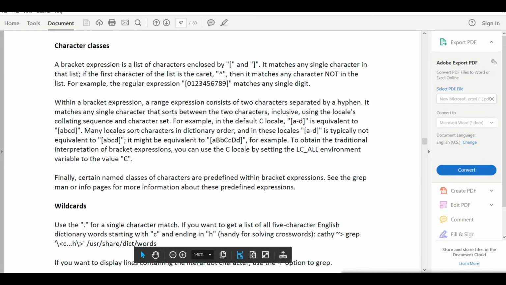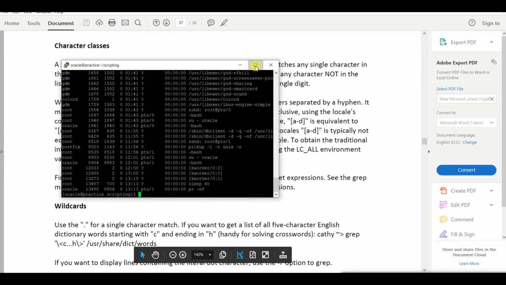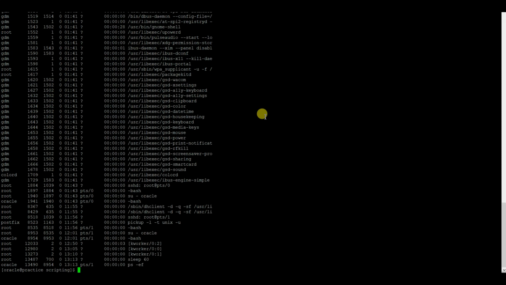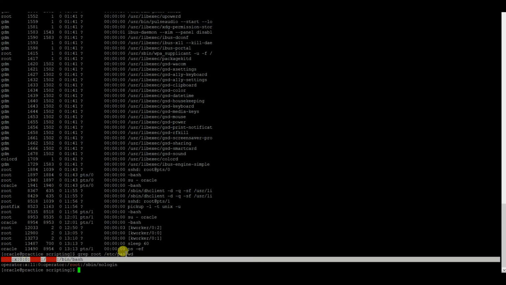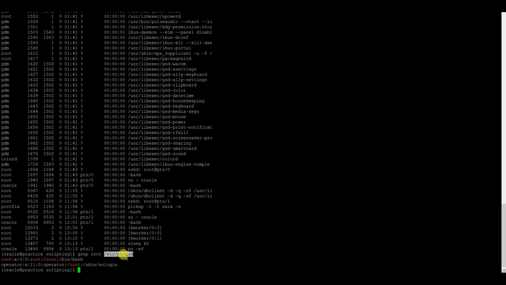So first, if I grep my /etc/passwd and check whether any line is there with root or not. From my /etc/passwd, which has many users in it, from there I am grepping and finding out the lines which have root in them.